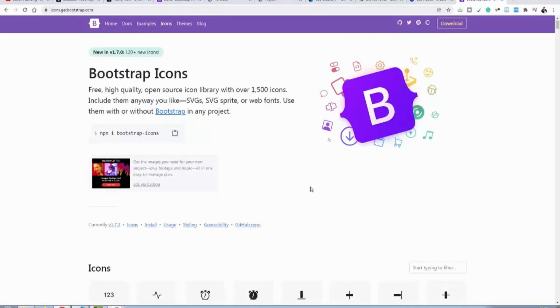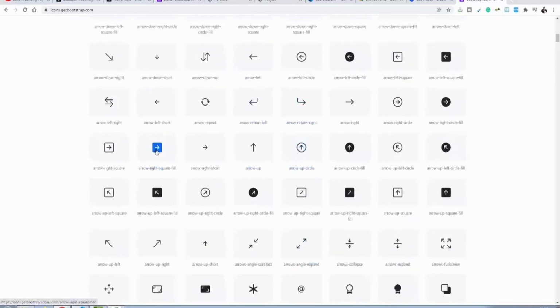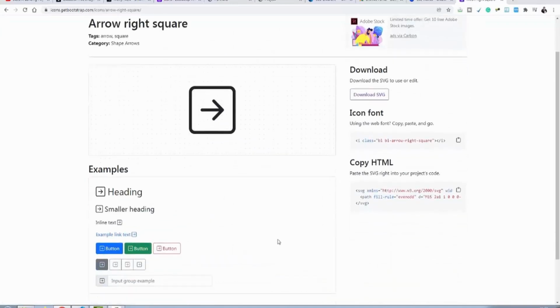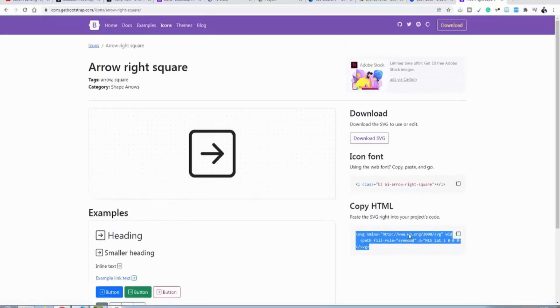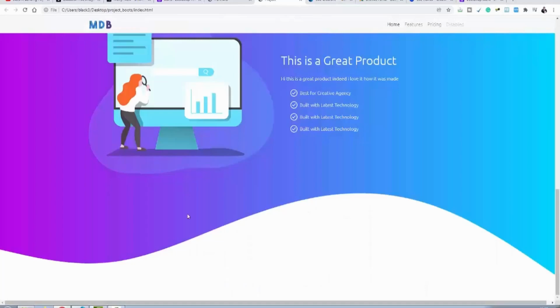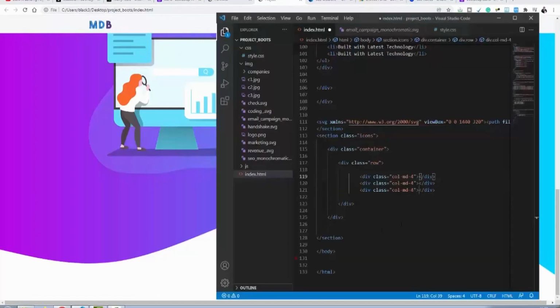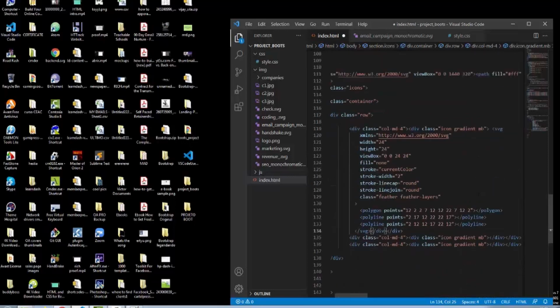icons.getbootstrap.com. Here you can use whatever icons you want. If you like an icon, you just click it and you can download it, or you can copy the SVG directly into your code and use whatever icon you want. I already know the icons that I will use, so I'm gonna put them straight into the code, which you can check in the comment section below with the icon. Okay, save this,